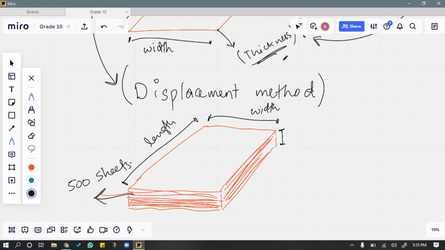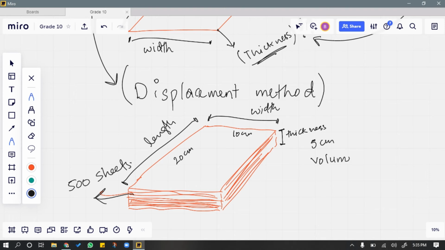Now here we know the thickness of a ream. For example, this thickness is 5 centimeters, and we are making assumptions. This thickness is going to be 5 centimeters. Length is going to be, let's say, 20 centimeters, and width is 10 centimeters. So the volume for the whole ream would be